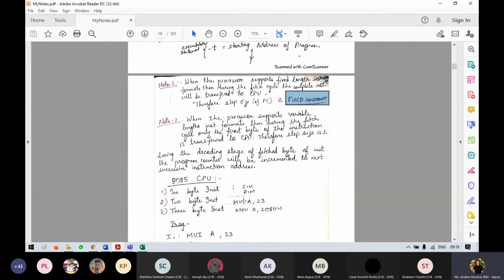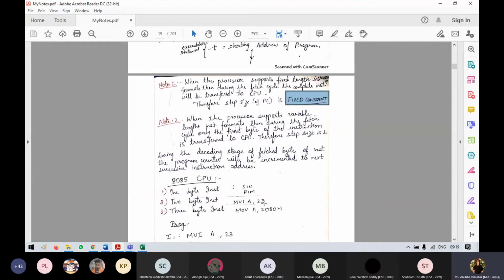This is generally known as the instruction, opcode or operator, and these are generally known as operands, like in our C language. When we say it is a 2 byte instruction, we say MVI A, 23.